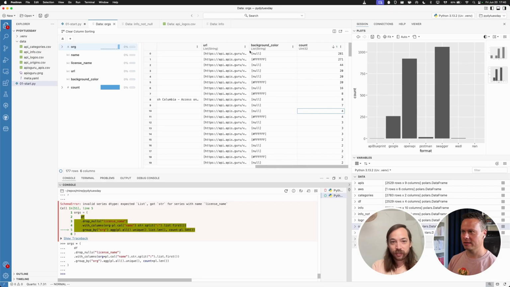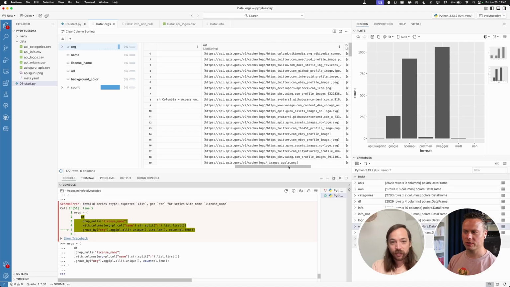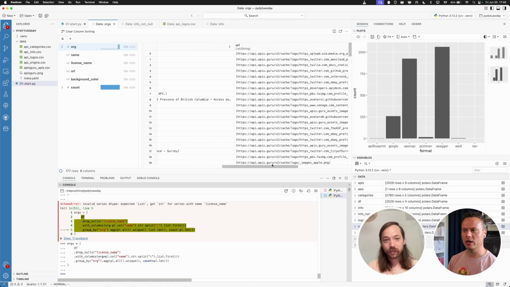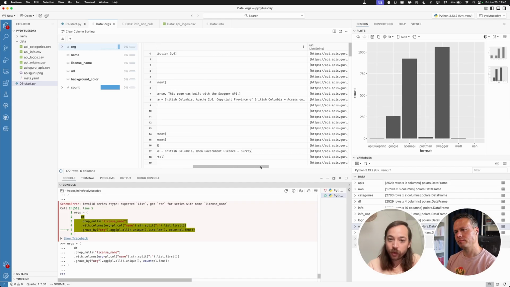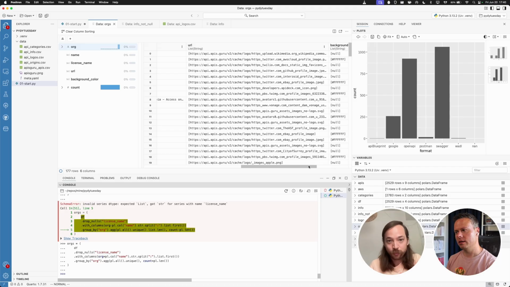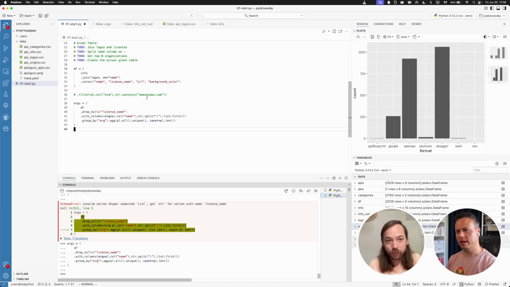So for the actual table, I guess we're just interested in the logo, right? And also in the license name. Let's maybe just try the top five, and just the name, the org, and the logo, just to see if Great Tables can do it. But then, you know what? How about we just